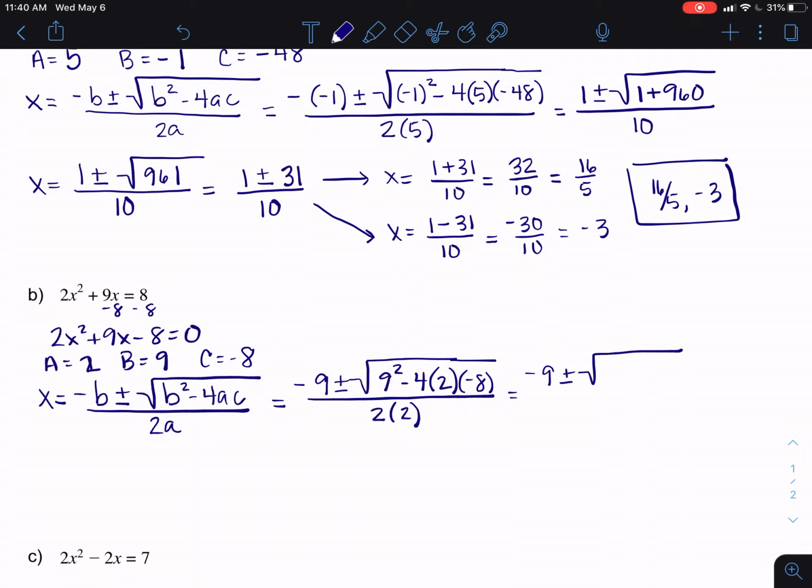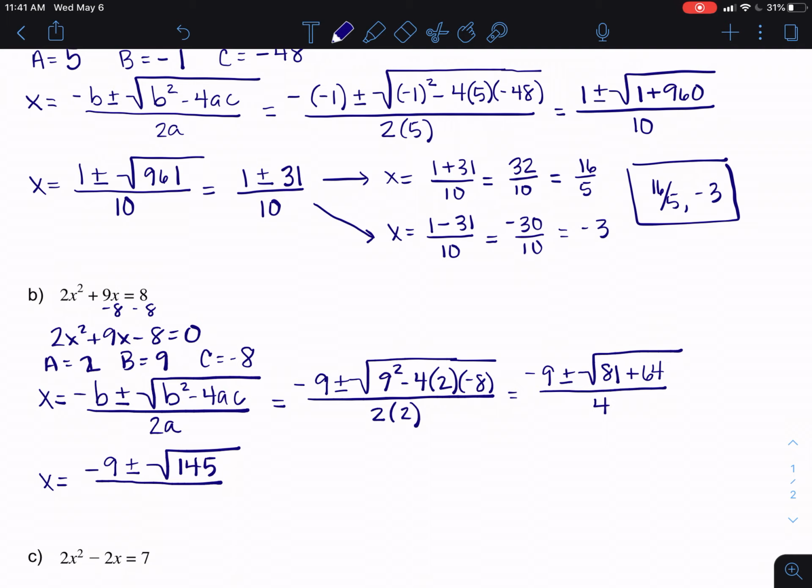So we have negative 9 plus or minus the square root. So 9 squared is 81. And then we have negative 4 times 2 gives us negative 8, and negative 8 times negative 8 is a positive 64, all over 2 times 2, which is 4. So x equals negative 9 plus or minus the square root. So if we add 81 plus 64, we get 145,